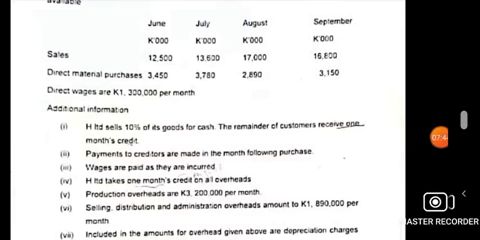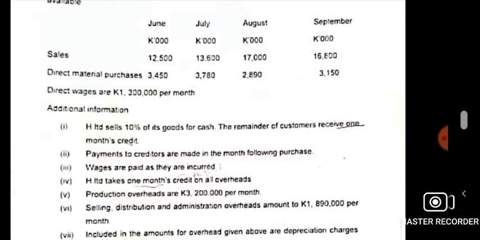When you're looking at payments, you've already seen, I'm sure, direct material purchases up there. Those will be considered under payments. As you say, just purchases, that keyword you have to show. So purchases, they've shown you, okay, in June, July, August, and September equally. Now remember, our budget is when? July to September. So they can show you all those months, but you have what in mind, what you're preparing for.